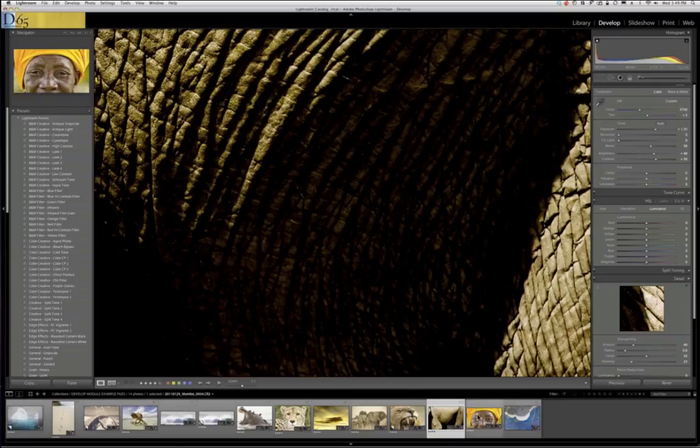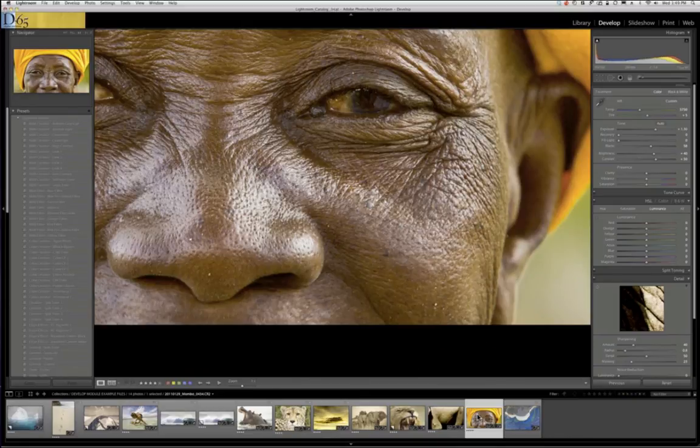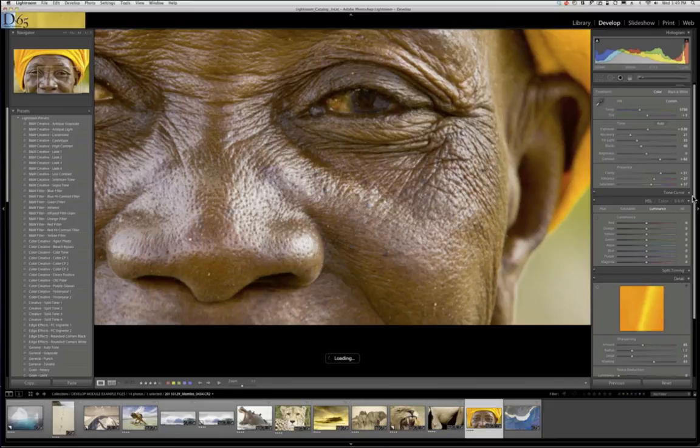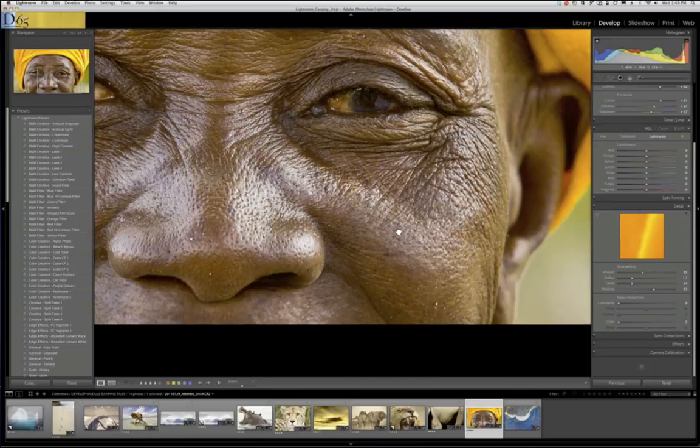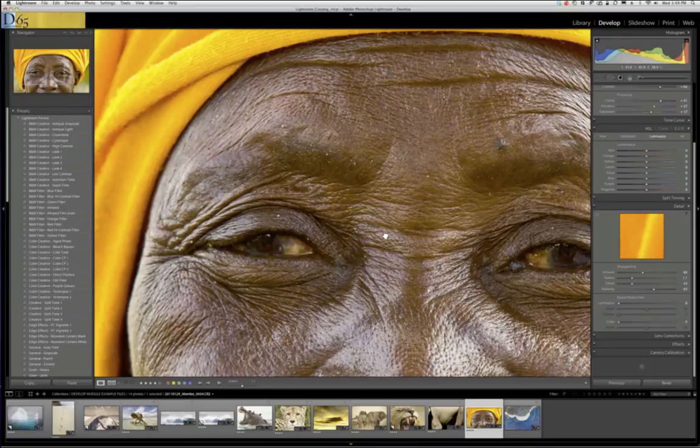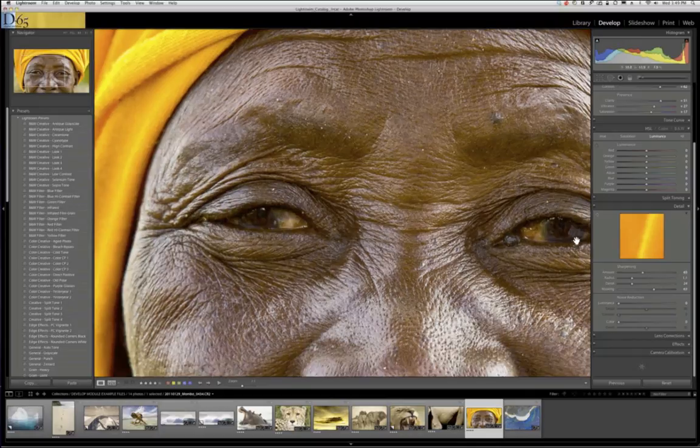Let me just try one other image out of curiosity and see if we can find any in this one. And even, I mean, the cameras have gotten so good. Even in here, in my shadows, I don't see any real noise as much as I'd like to be able to see to show you how to get rid of it. Okay, moving forward,